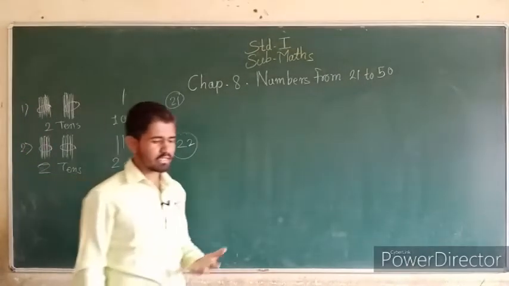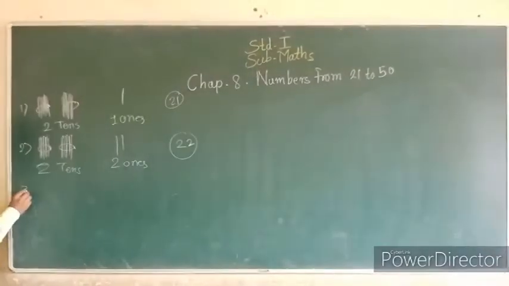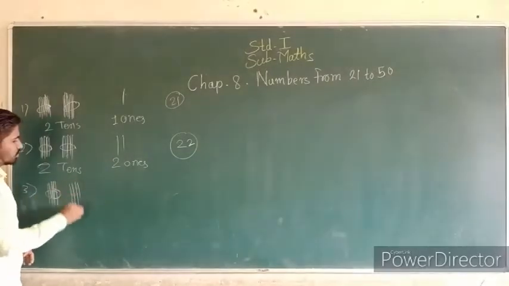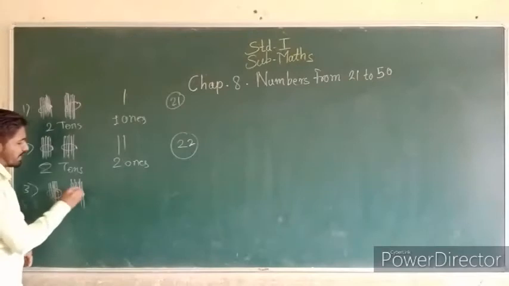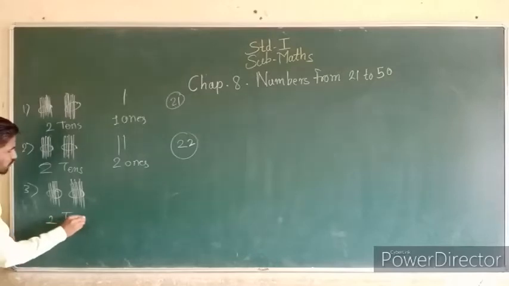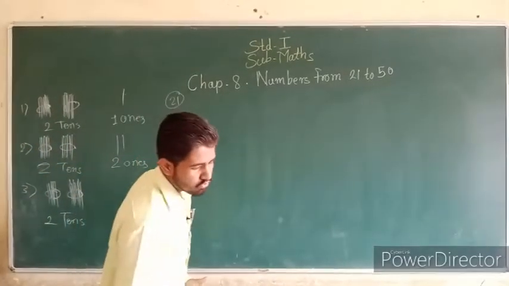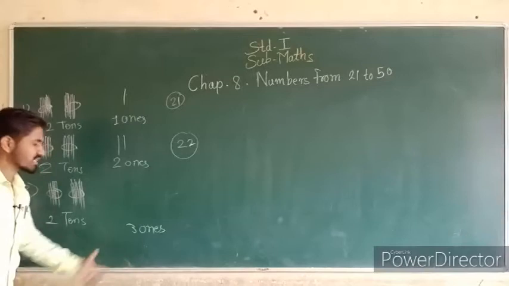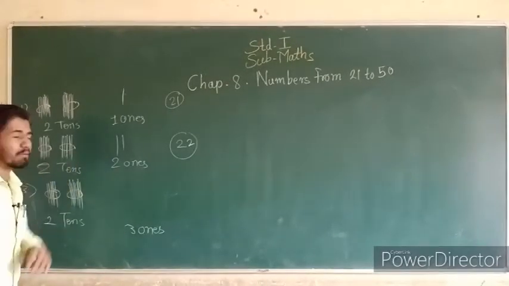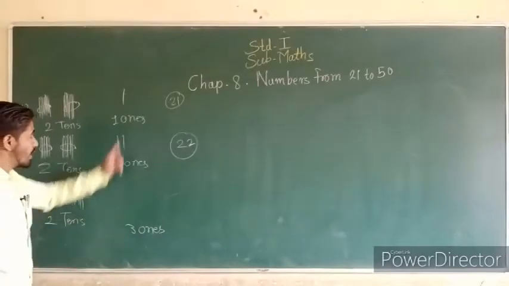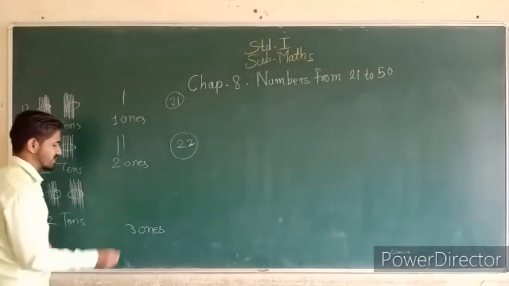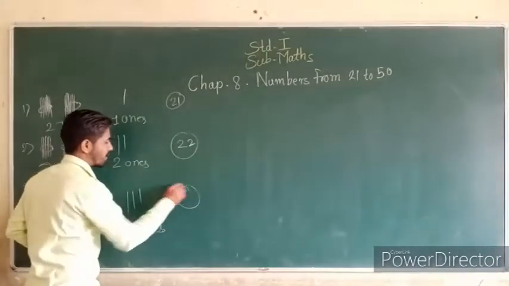सो नेक्स्ट वन वी सी द थर्ड एग्जांपल. इन दैट थर्ड एग्जांपल व्हाट वी हैव टू सी? In that third example they have given the 10s bundle but they have not given the ones. तो हमें क्या करना है? वहाँ पे ड्रॉ करनी है मैचस्टिक्स. तो यहाँ पे हमें नीचे लिख के दिया है. क्या दिया है? यहाँ पे 2 10s और यहाँ पे लिखा है 3 ones. तो बच्चे यहाँ पे हमें क्या करना चाहिए? 3 ones का मतलब क्या है? तो 2 ones का मतलब हमने क्या किया? यहाँ पे 2 मैचस्टिक्स निकाले. 1 ones का मतलब क्या है? हमने 1 मैचस्टिक ड्रॉ किया. तो यहाँ पे क्या लिखा है? 3 ones. तो हमें यहाँ पे क्या करना चाहिए? 3 lines, 3 मैचस्टिक्स ड्रॉ करनी हैं. 1 2 3. तो बच्चों यहाँ पे हम कौन सा नंबर लिखेंगे?